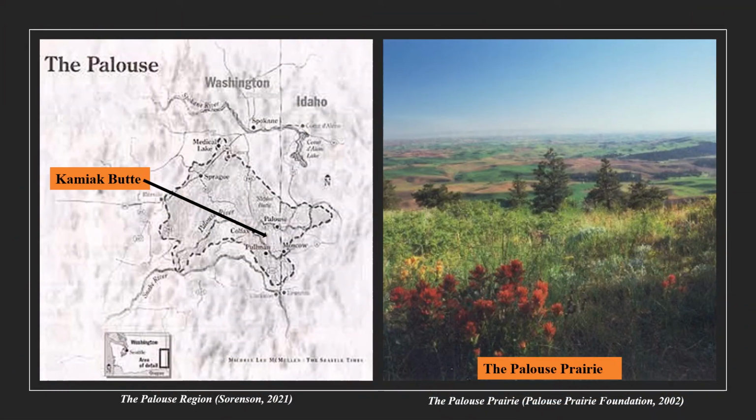The western interior shrublands and woodlands biome variation of Kamiak Butte is home to one of the most endangered ecosystems in the United States, the Palouse Prairie. This ecosystem is natively dominated by bunch grasses such as blue bunch wheatgrass and Idaho fescue, with various shrubs such as mallow ninebark and serviceberry bushes growing in available nooks. Kamiak Butte is itself host to many different species of plants and animals, and serves as an important preservation area for this dwindling ecosystem.